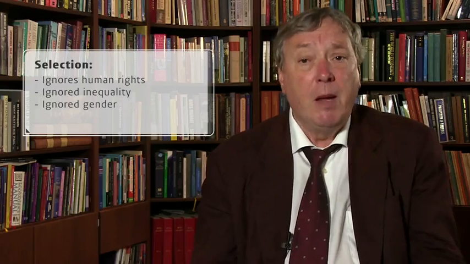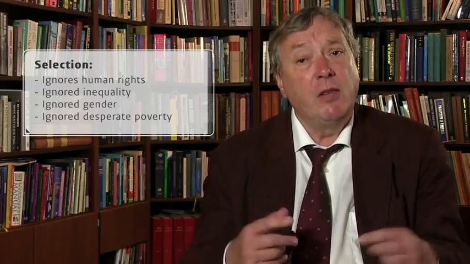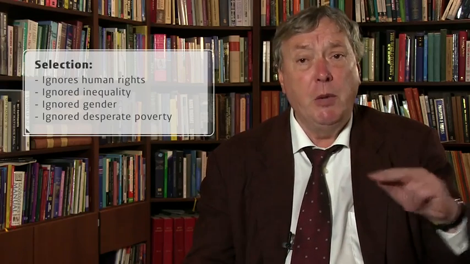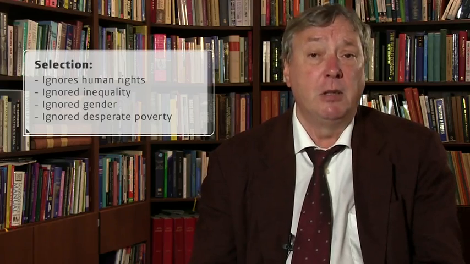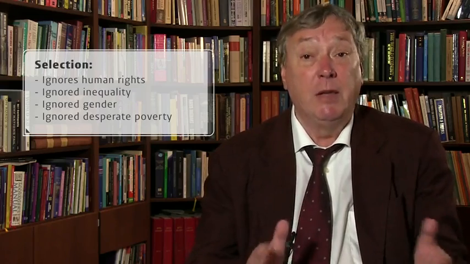What about gender? What about real desperate dollar-a-day poverty? Well, in 2011, the UNDP also published two new indices covering each of these dimensions. Now, I don't want to be unkind, but to be honest, I would wait for the inevitable and absolutely necessary revisions before even trying to use these. Well, let's sum up now. We've seen how PPP calculations have been used in the description of poverty, either by themselves or in composite indices. We've also seen how the Human Development Index was constructed, and we've criticised it pretty seriously.